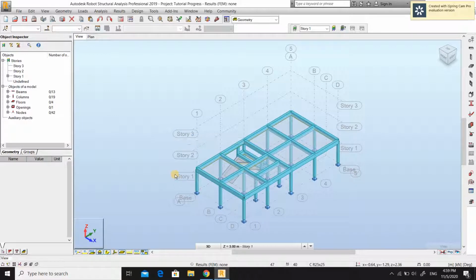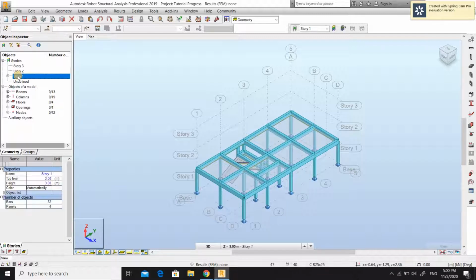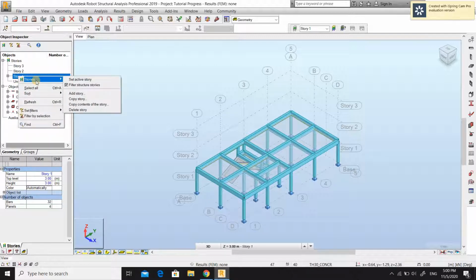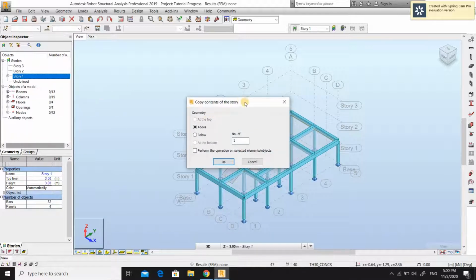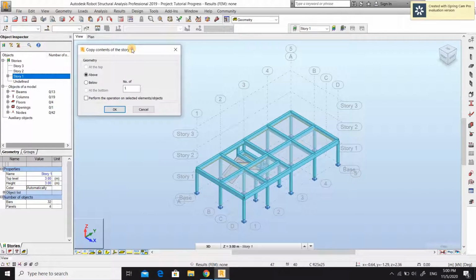To copy those elements, you go to the object inspector dialog box on your left side. You click on story 1 where you did all your elements previously. You right click on that, click on stories, click on copy contents of the story, and a dialog box will appear. In that dialog box, make sure it's set to above because we are copying from story 1 to the story above, story 2, and the number of copies is just 1 because I'm copying only one story above. So you click on OK,